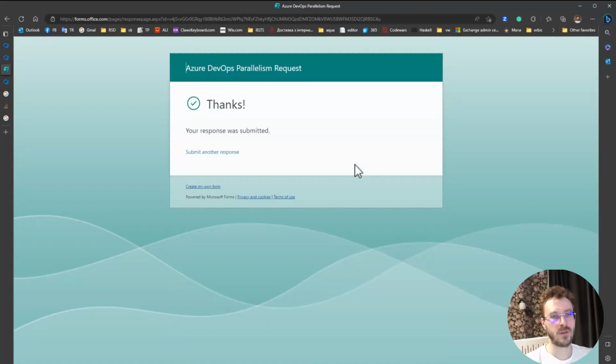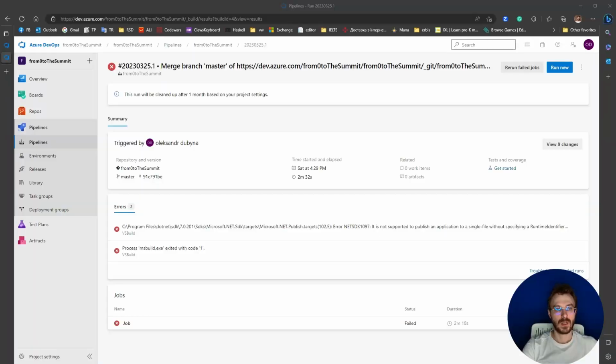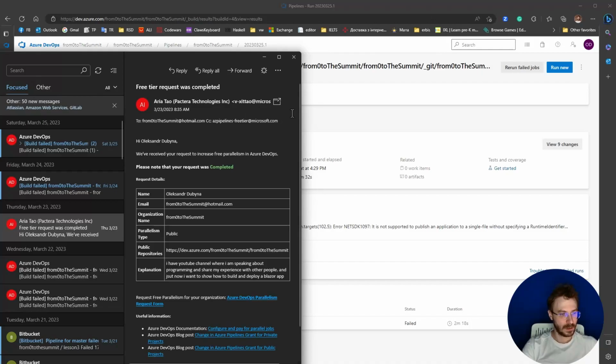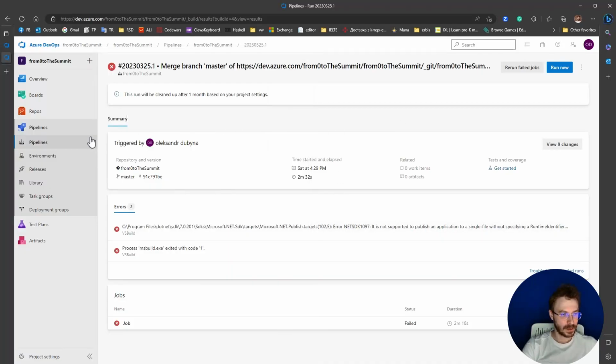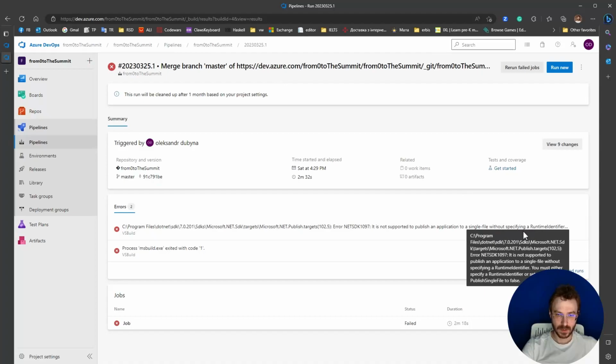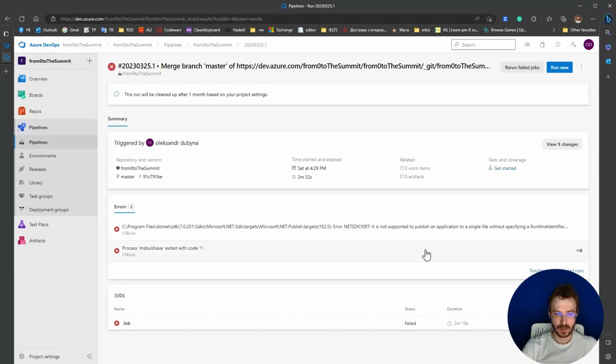There are just 5 questions, quite simple, and you should explain why you need these parallel runners. Finally, after 2 days of waiting, I got an answer from the Microsoft team. Let's have a look. Here you could see that the request was completed successfully, and they provided me a free trial runner. I already tried to execute it. As you could see, this issue is related to publishing a single file, where we need to specify some